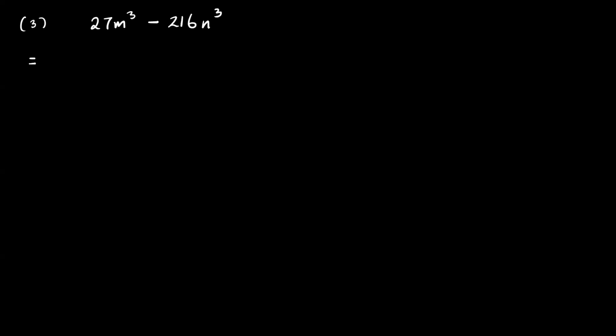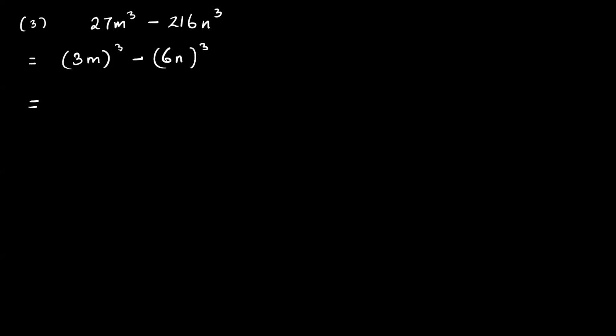A cube minus b cube. Acha. Tell me, to get whole cube, what should I write inside now? 27. Arey, but 27 is not a cube. 27 is some number's cube, no? That number you have to write inside. 3, yes, because we are writing whole cube. And for m cube we'll write m here. So same way, what to write in the second bracket? 6n cube. Very good.